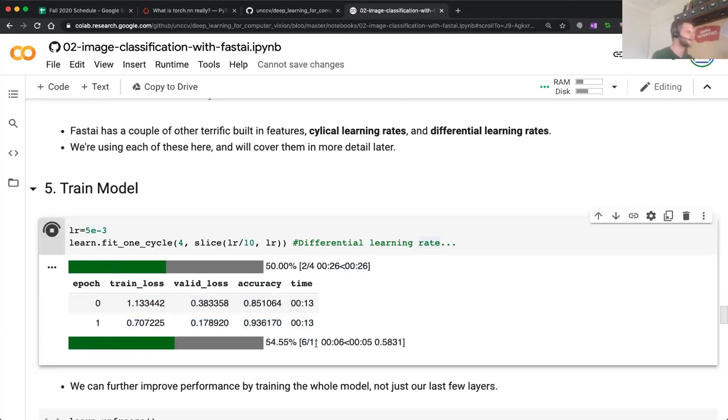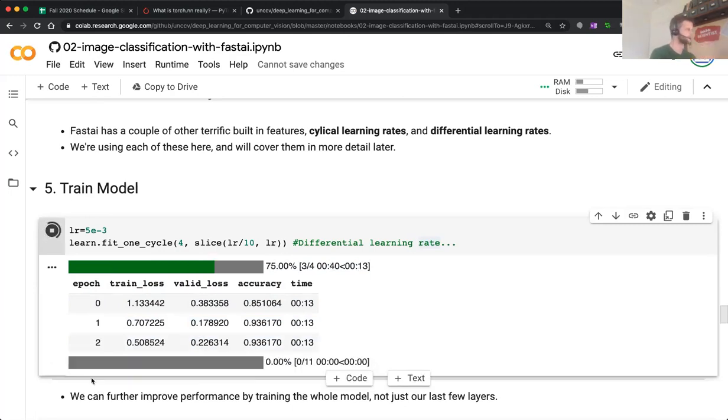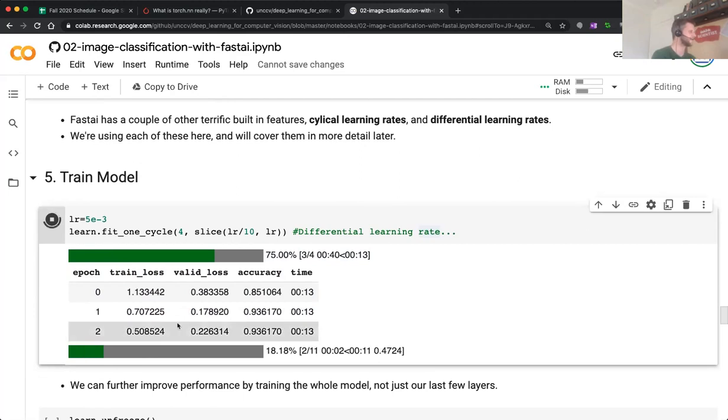So it breaks the training set into 11 sets of, I think, 64 examples, whatever we put in earlier. And it goes through those one at a time. So that's the idea of an epoch. Cool, yeah, good question. So here it's showing our training loss, our validation set loss, and it's showing us our